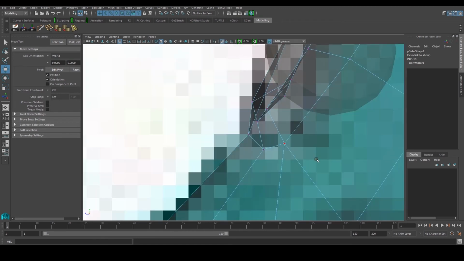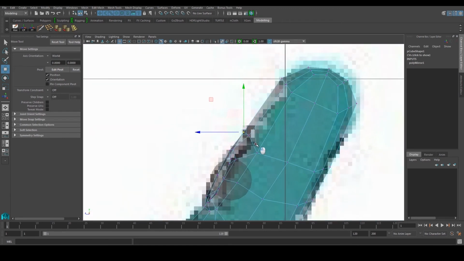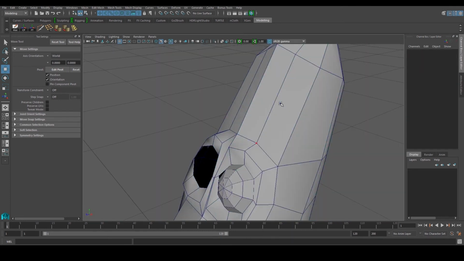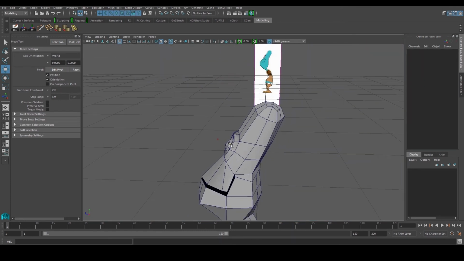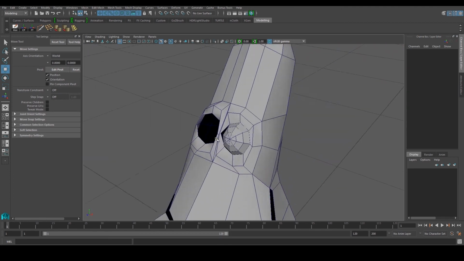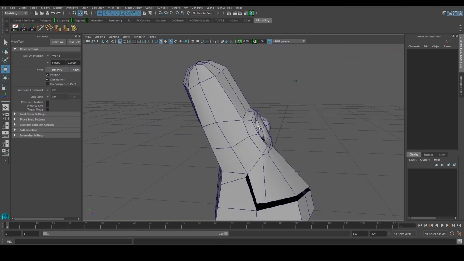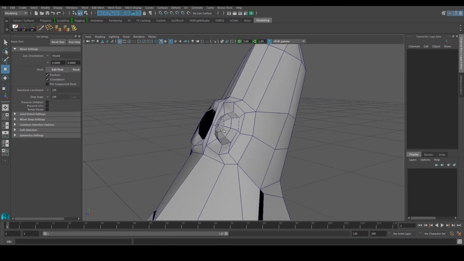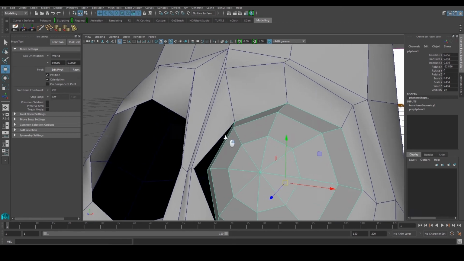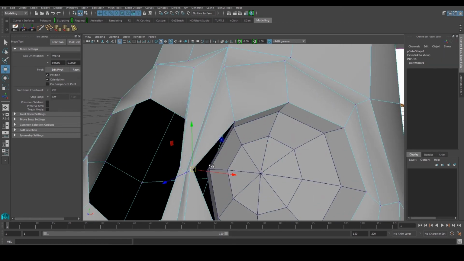Maybe these guys over here, they're too far apart. Let me just move them a bit closer. Something like that. Again, you don't make it like that because it looks squarish. Just make it more ovalish, as best as you can get it to be. Right, so kind of get that area done.